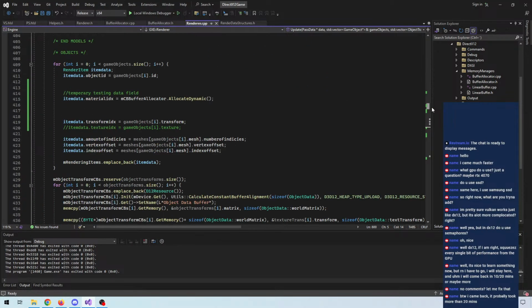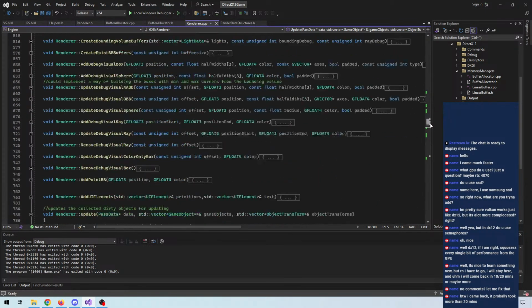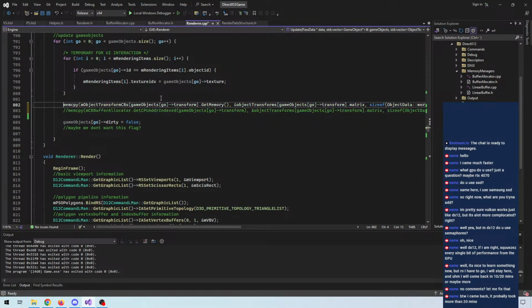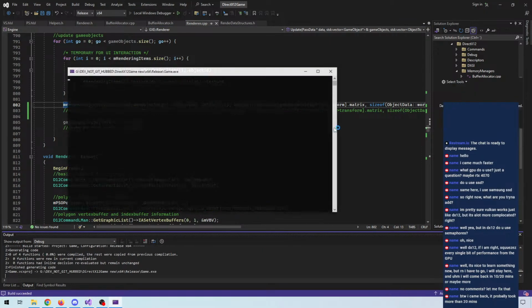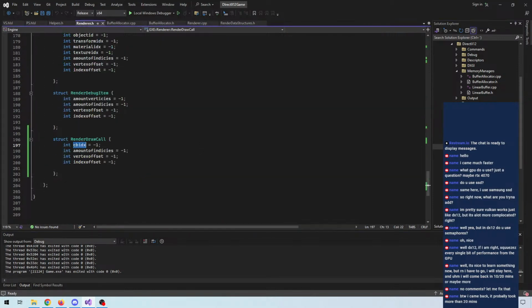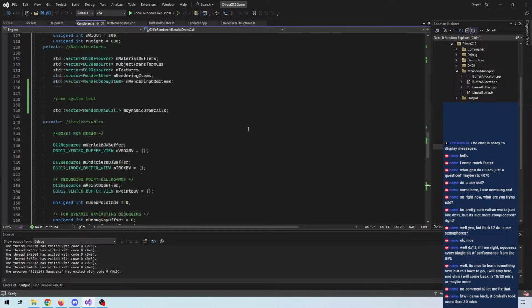Let's swap that back. There we go. So now I'll definitely have to do some refactoring here, clean up the system in total, but